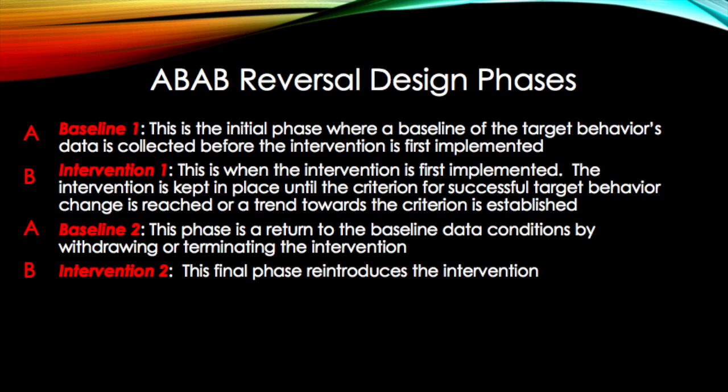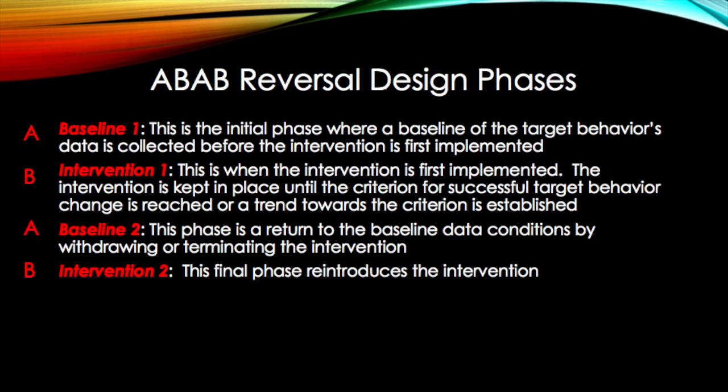As you may have guessed from the name, the ABAB reversal design has 4 phases. The first phase, Baseline 1, is where a baseline of a target behavior's data is collected before the intervention is implemented. The second phase, Intervention 1, is where the intervention is first implemented. It is kept in place until the criterion for successful target behavior change has been reached or a trend towards